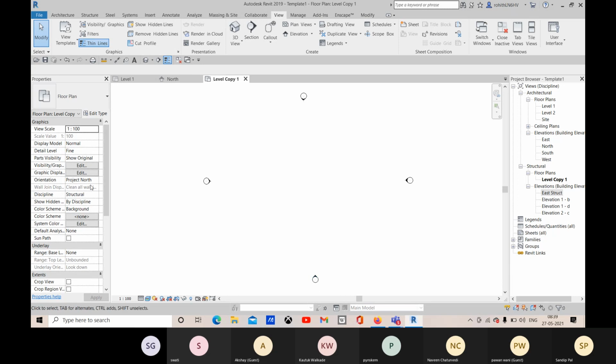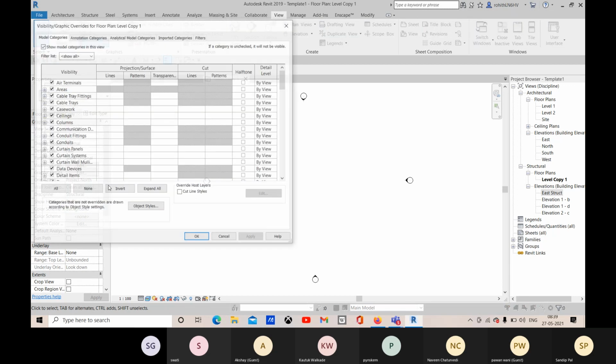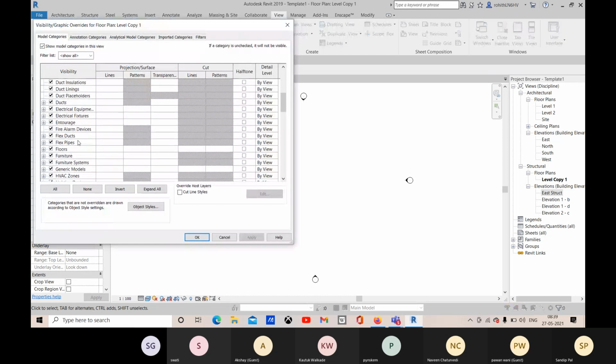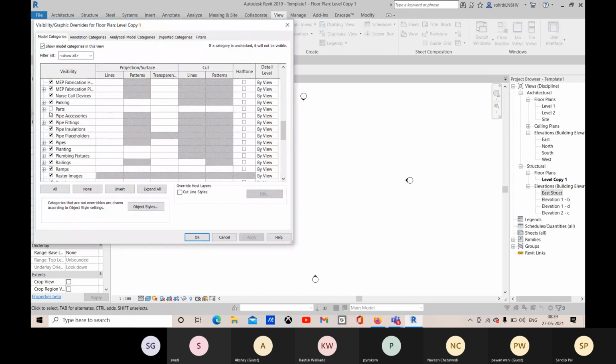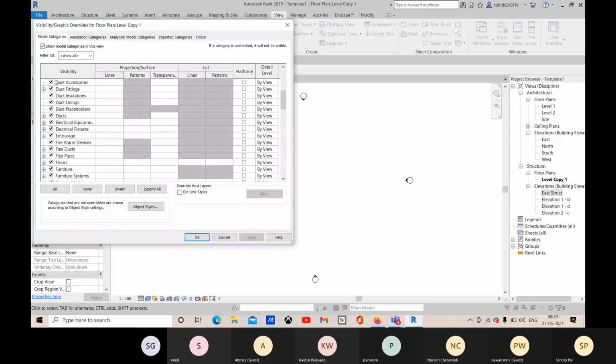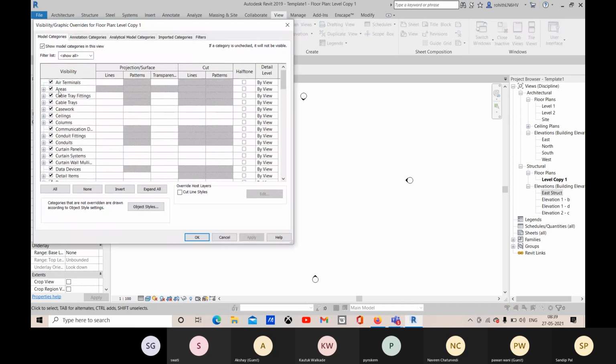Okay. So within this floor plan, you can go to this visibility graphics. You can check that these all are added. These all will be visible. So this is the visibility graphics override window. From here, you can control what will be visible, how it will be visible, and what the object style will be.